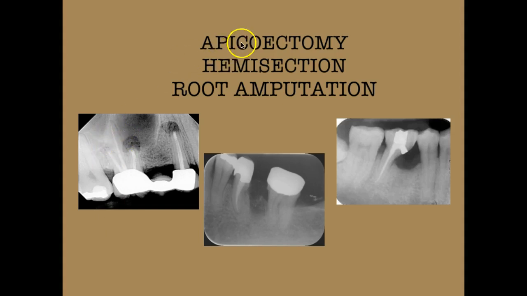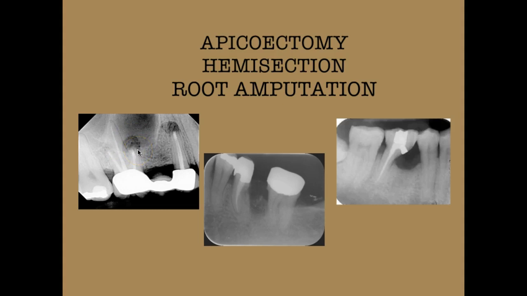But in an apicoectomy, let's review terminology. Apico is referring to the root tip, and ectomy is removal of. A flap is placed at the site of the tooth, and then a handpiece is used to remove the apex of the tooth, because that is usually where the source of the abscess and the infection is. The endodontist may place a composite type retrofill to seal off this apex,